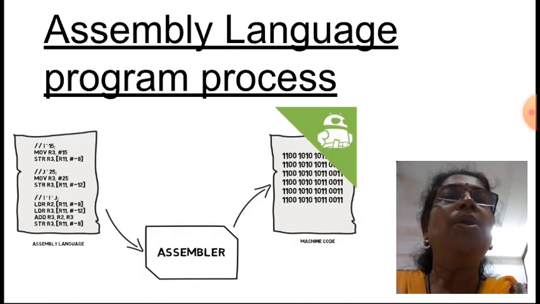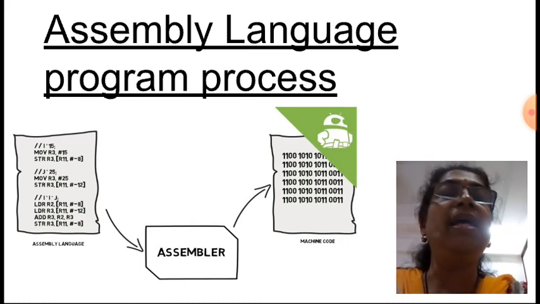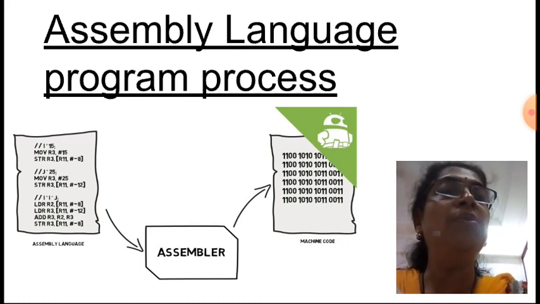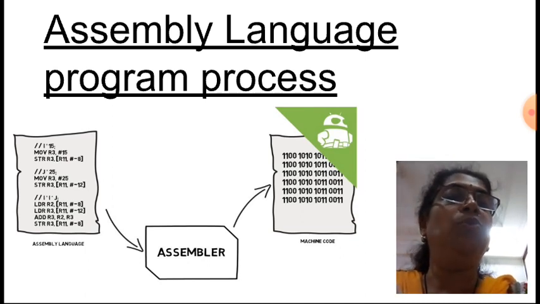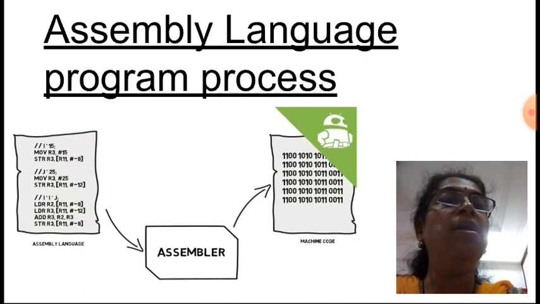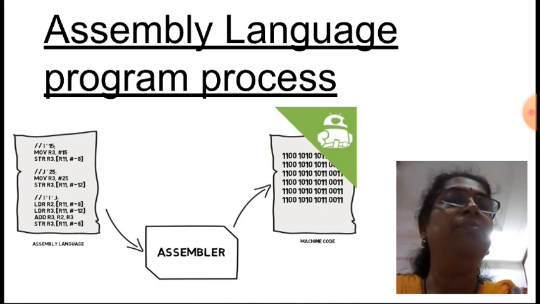Okay. Now, how to translate that? For that, translator programs were used to translate the assembly language code into machine language code. Those translators are called assemblers. See here, on the left hand side, some program or instructions are written. The assembler takes that and converts it into machine language, that is a combination of zeros and ones. Can you see on the right hand side? It's a combination of 1 and 0.